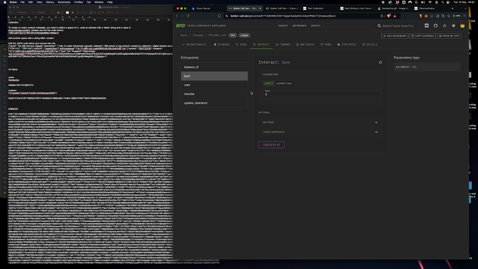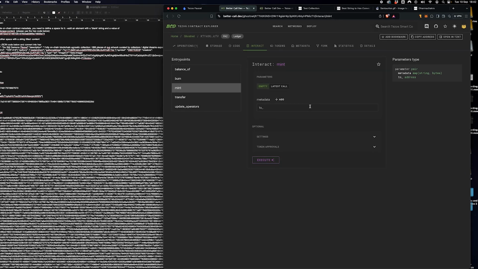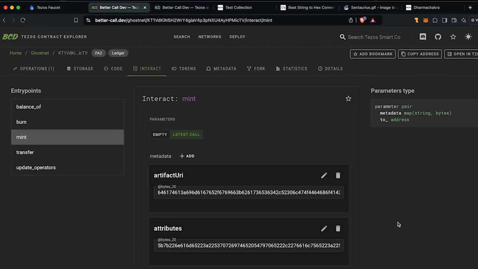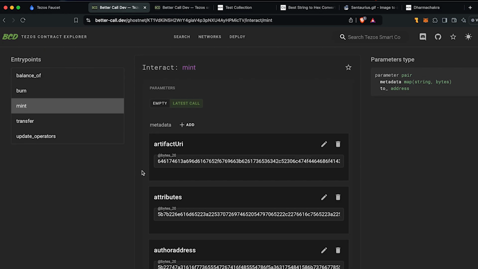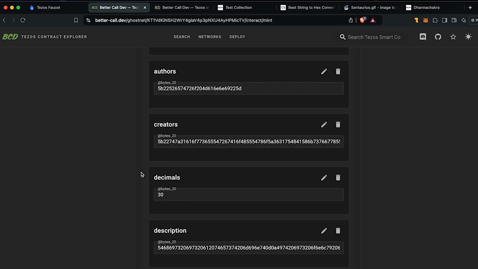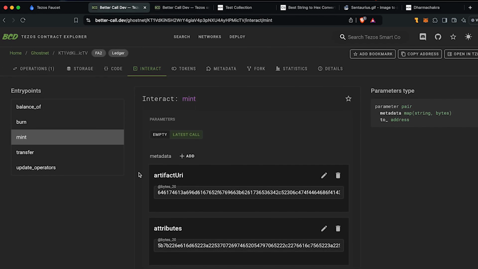The most useful part of using Better Core Dev is that when you go to mint, you can go to latest call. So rather than entering all of the information again to mint your next piece of artwork, you can click latest call and it will look for the last thing that you minted, and all of those details will appear again,